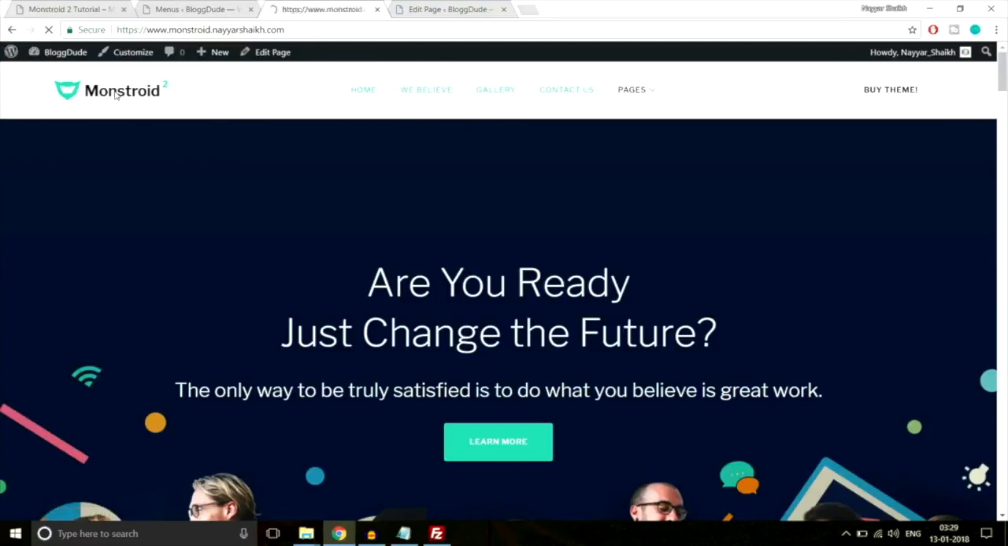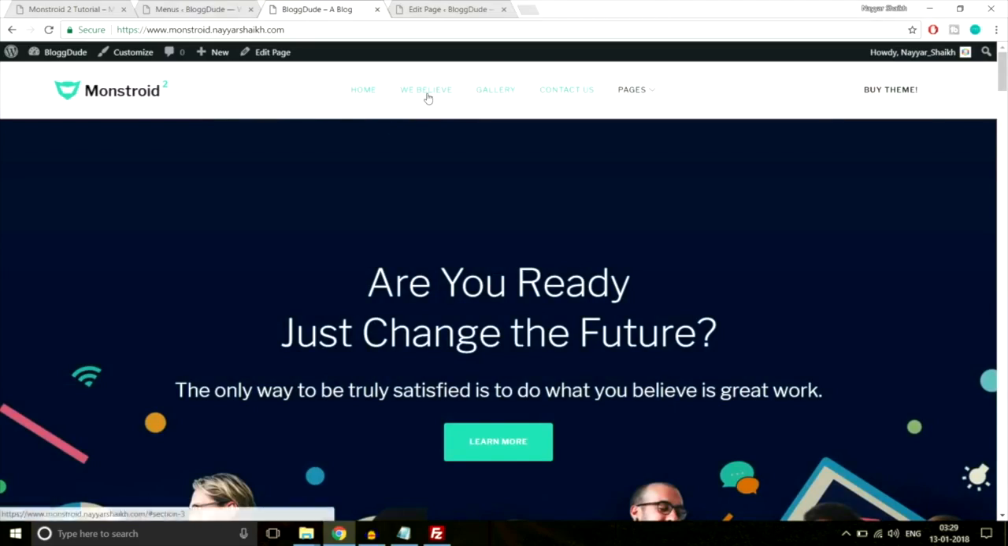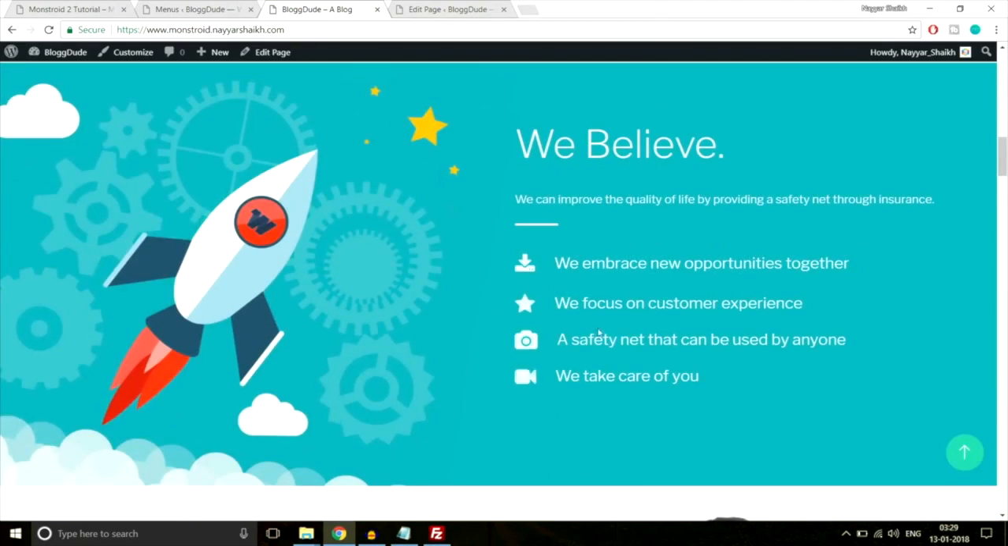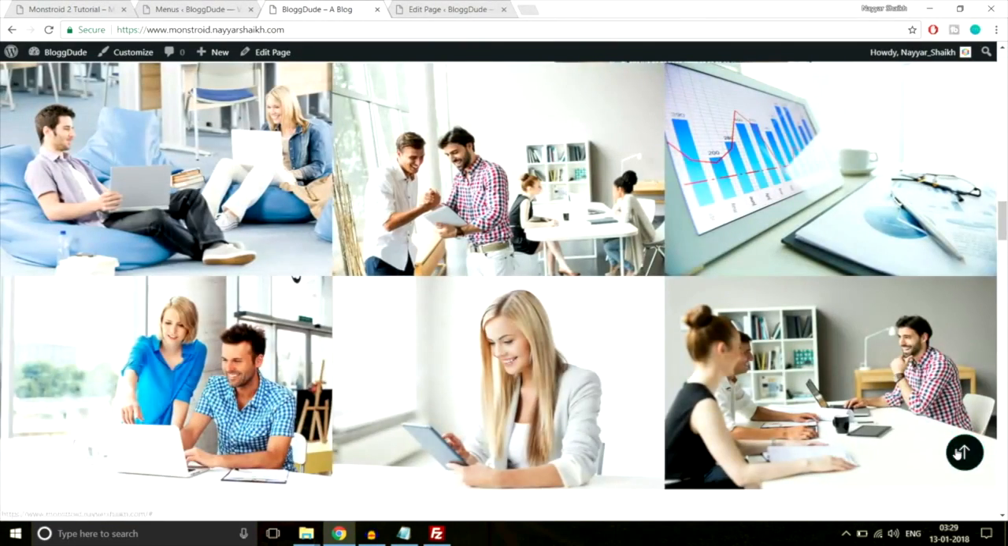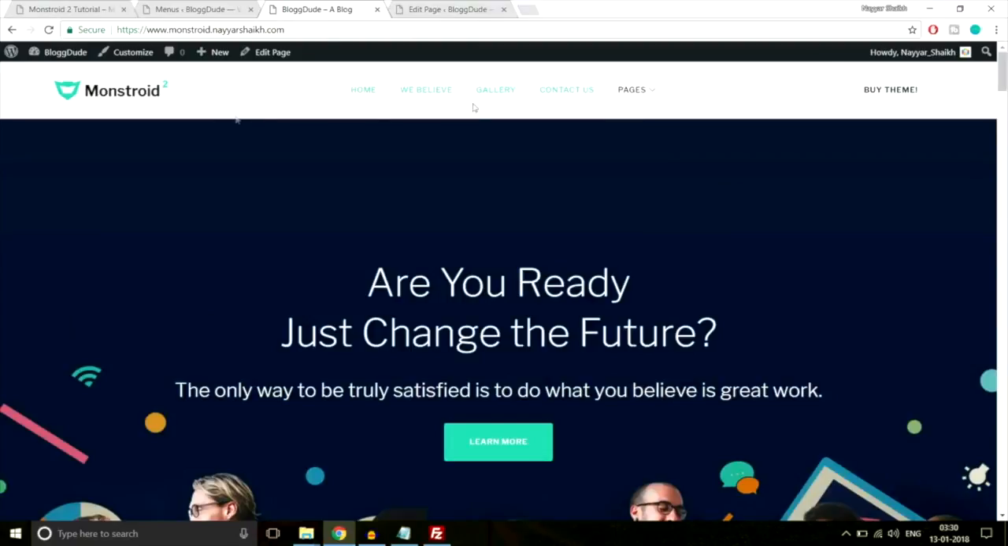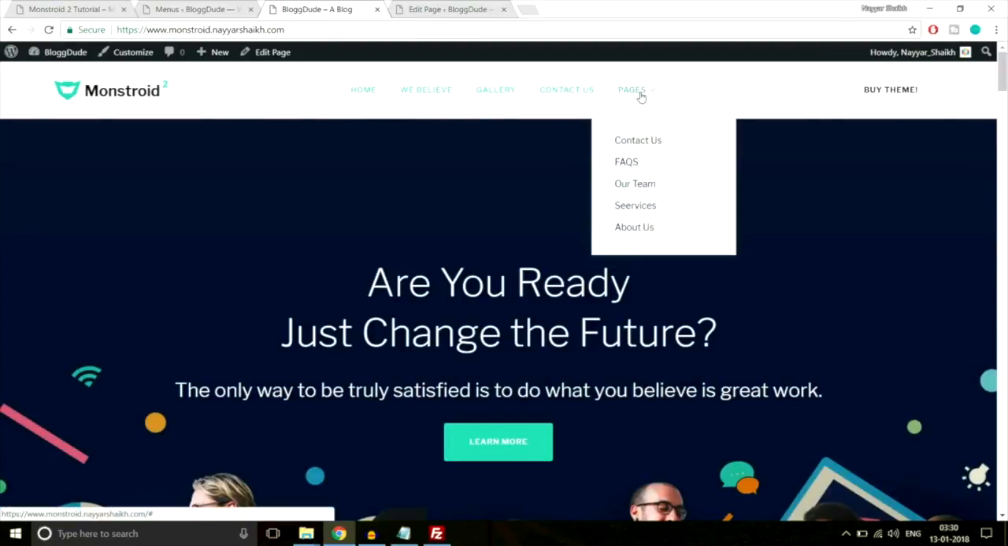Now just cut everything and refresh this page. Now let's see whether it works or not. Click on we believe, and as you can see, we are redirected to the we believe section. When we click on this gallery, we are redirected to the gallery section. So this is working. Now if you see, this is a menu for the home page, but if you go